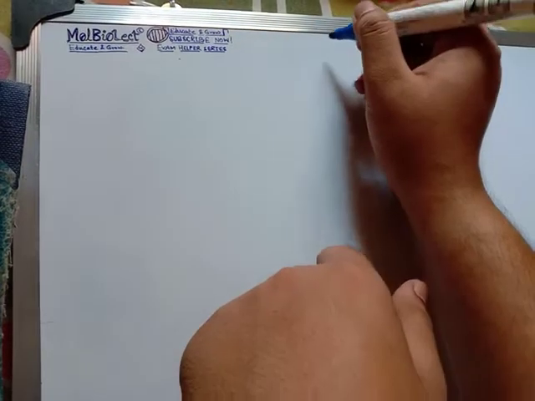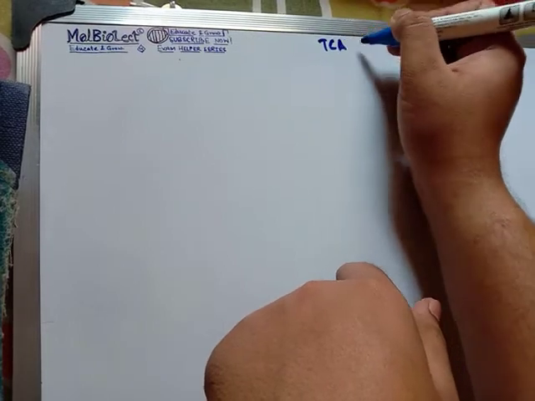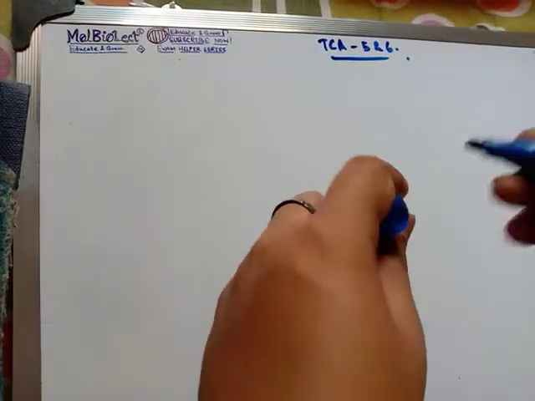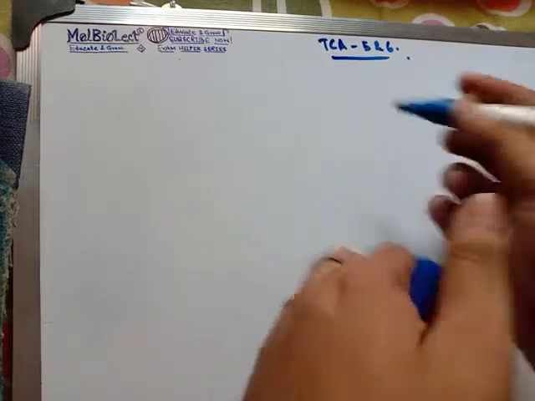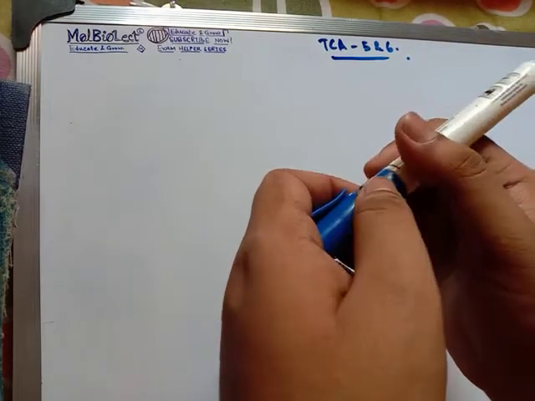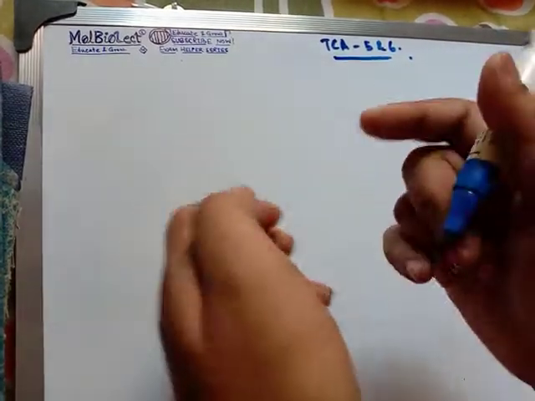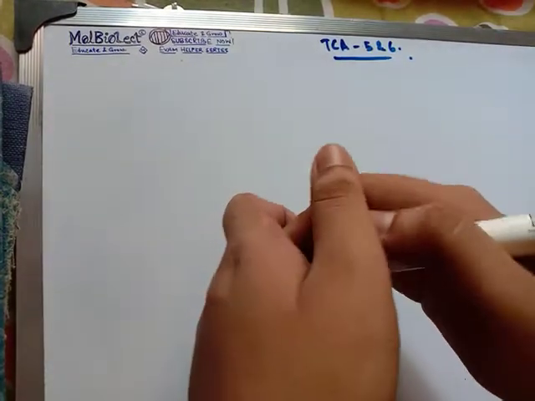So today I am going to start with the TCA cycle, step number 5 and step number 6. Okay. So first let's go on with step number 5. In step number 5 there is conversion of succinyl-CoA to succinate. Succinyl-CoA is a previous product. It gets converted to succinate. So how does it happen? Let's see.